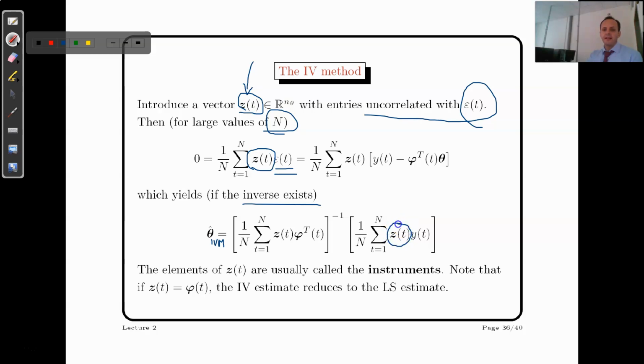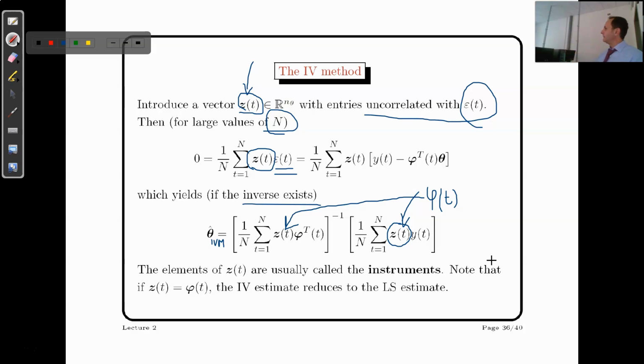So the idea I'm highlighting is that instead of phi here, you are replacing it with an instrument that is uncorrelated with epsilon, but of course in the expression you need to replace this instrument also, so it's like a replacement